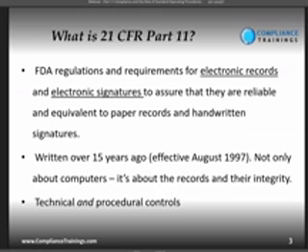The current focus right now is on data integrity. What is the risk to the data integrity? How can we mitigate risk in making sure that these records are reliable? And as I said before, what